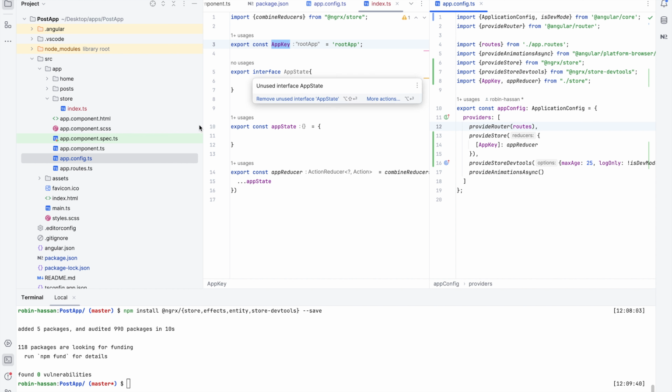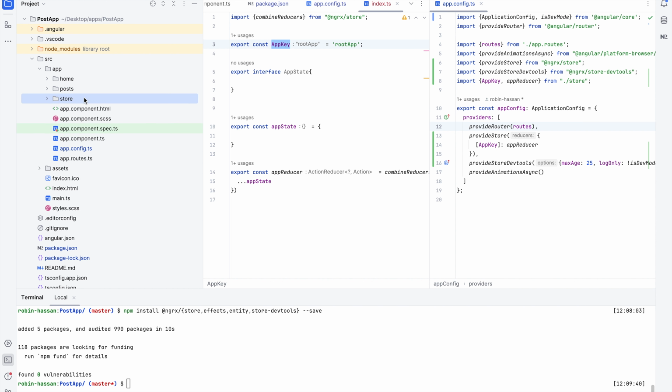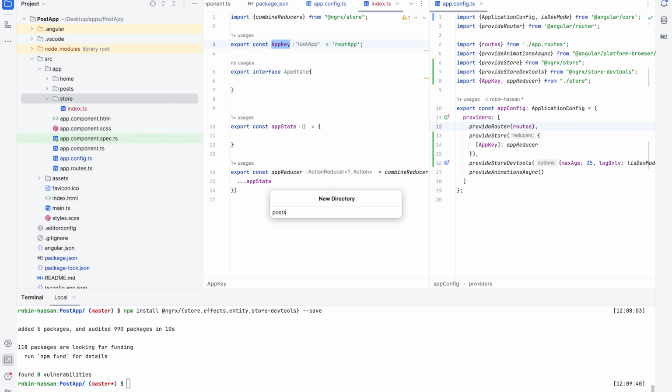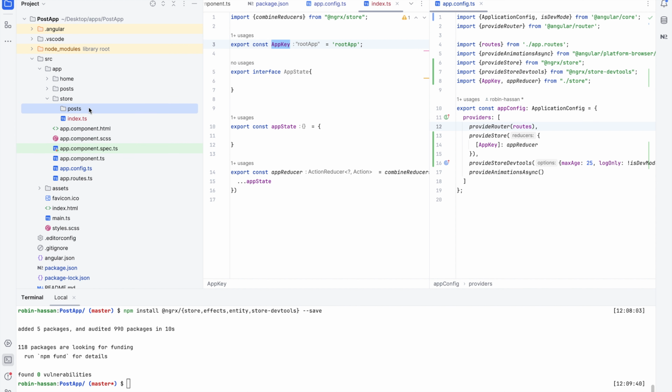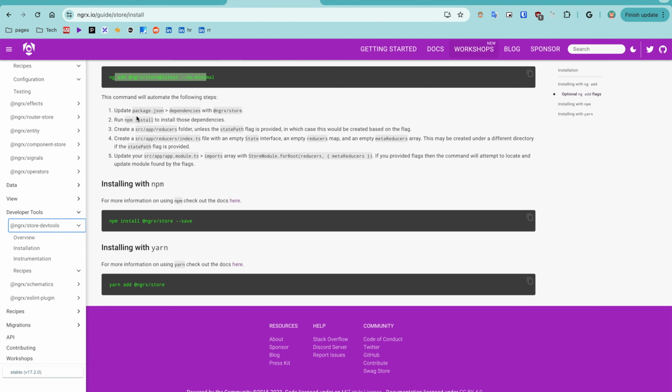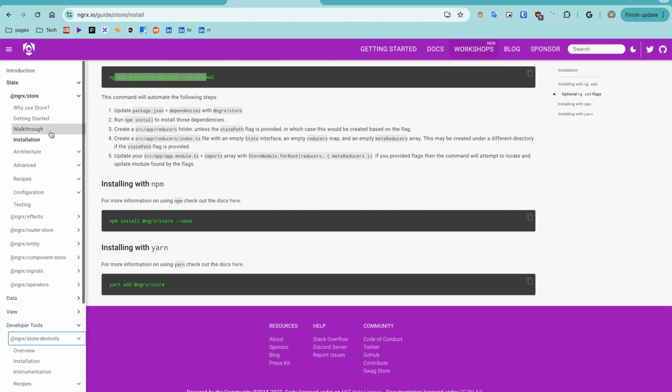Now we need a feature store, right? We have a post, and that needs to be added directly here. So we're going to make a directory called posts, and for the post, either we can use a CLI or just use this, but this time what we're going to do is use the CLI to have our reducer in the store itself. So first thing is, we're going to go back and add the store,